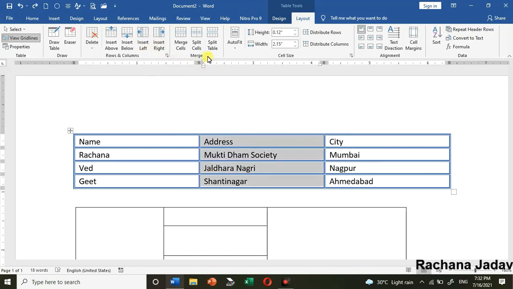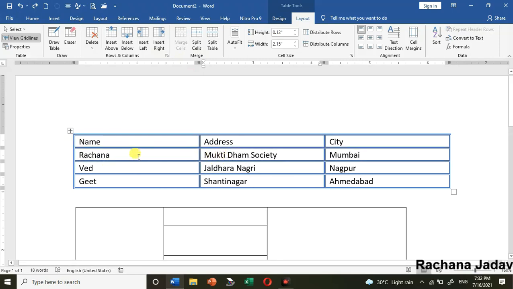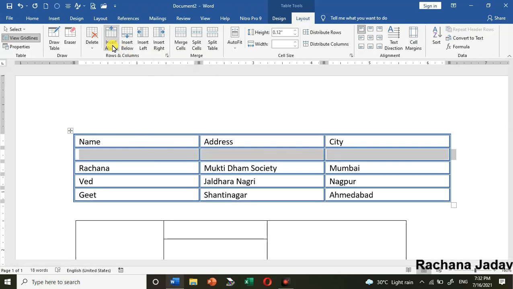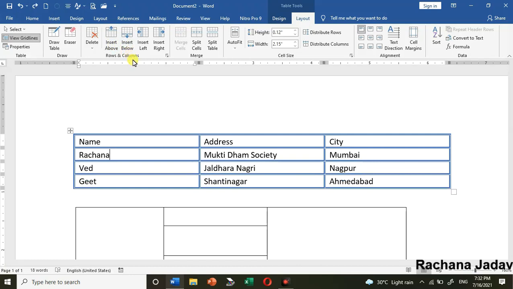Okay, then the same way for the rows, तो आपको row को select करना है, या even you can keep the cursor, right? You can keep the cursor in that row and then you can decide कि insert above. Okay, तो above आ गया, below means down. Okay, I've just kept the cursor. You can see selection की भी जरूरत नहीं है, you have to just keep the cursor over there.